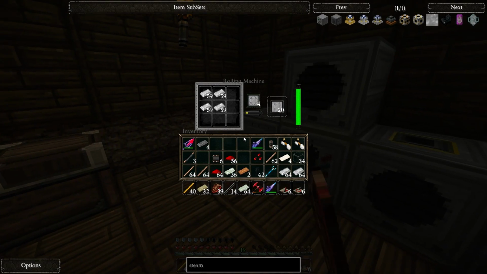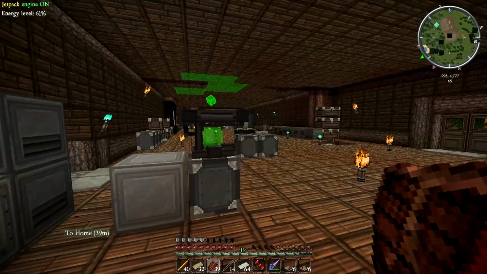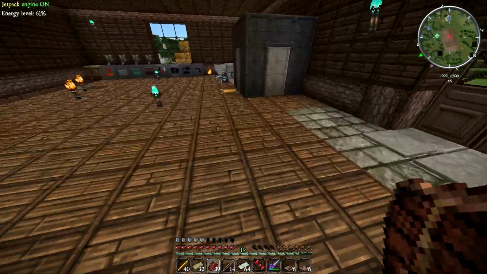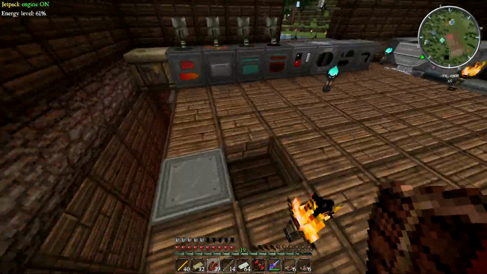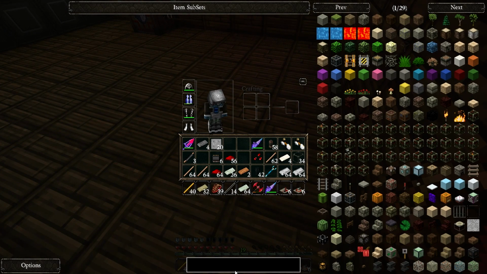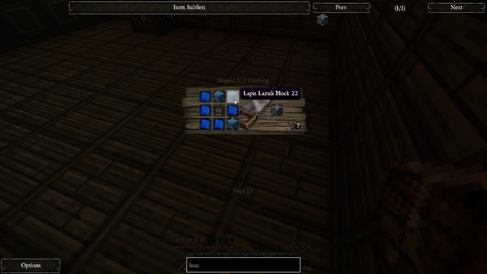It's going to be producing anywhere between 8,000 to 16,000 EU per tick. So that thing is going to be producing an absolutely massive amount of power. We're going to be probably storing that in LESUs. I've not made any of those, but what LESUs do, they're pretty much a...